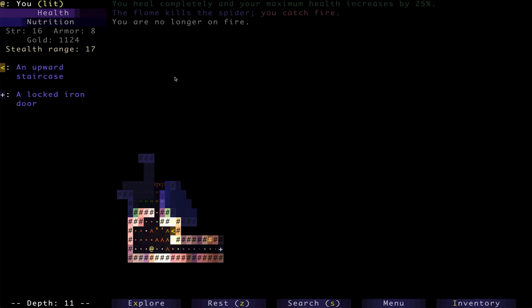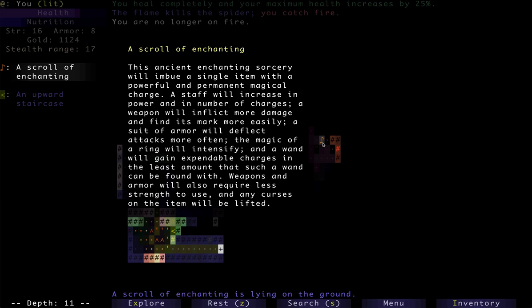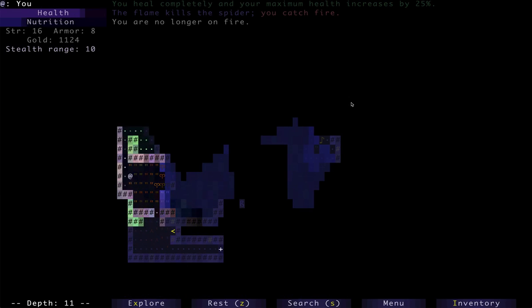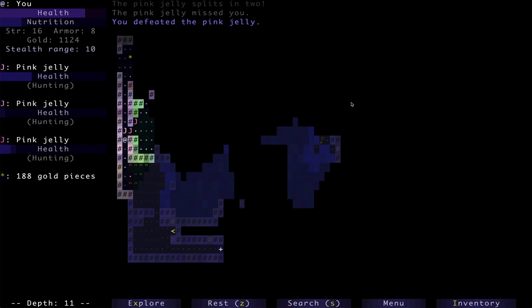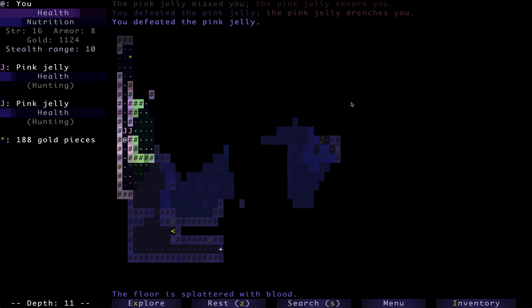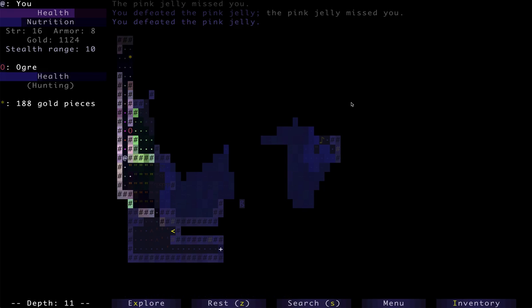Oh, great, a treasure room. That means there is a key somewhere. Oh, a scroll of enchanting, also very good. Oh, great, a jelly. Who cares? Totally easy. I would expect, yeah, we're going to see some more ogres on this level. And that's where I wish we had a better weapon still, but we don't. Hey, this ogre actually has some